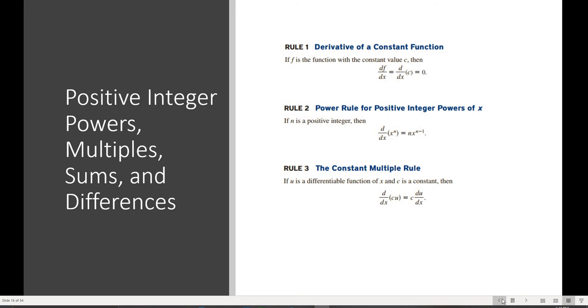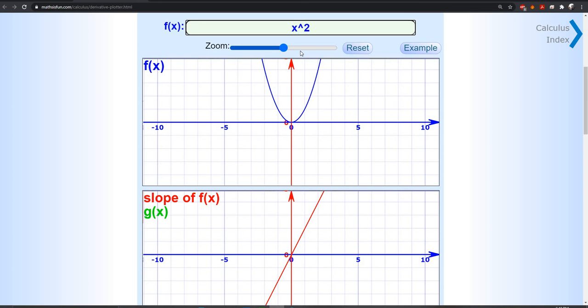Next up, we have rule number 3, which is the constant multiple rule. Anytime we have a function, let's call that function u, and we have a constant in front of the function, we can pull the constant out in front of the derivative function. For example,